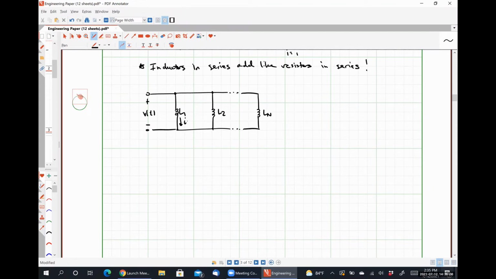I'm going to call this current IL1, IL2, and ILN. We could observe using Kirchhoff's current law, let me express this as the current I of t entering, that we would have I of t is equal to IL1 plus IL2 plus ILN,